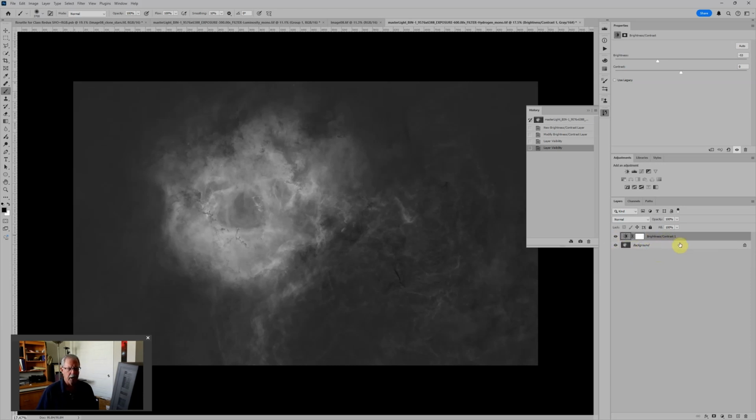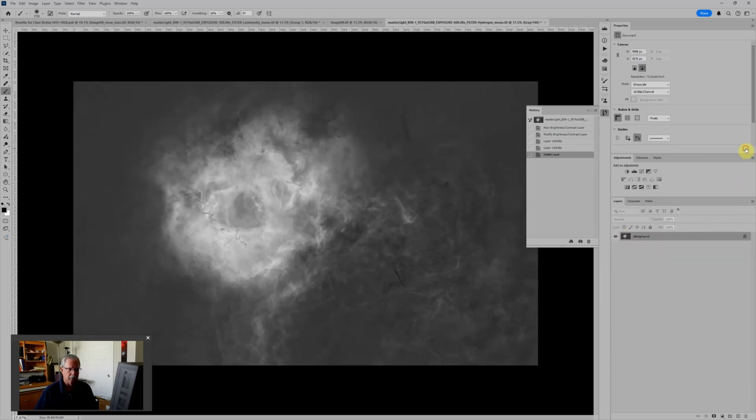Now, brightness contrast is easy to understand, but it's not usually the best tool for adjusting brightness and contrast because it tends to brighten and darken the whole image at once. Sometimes, especially with astro images, we may want to darken the background and yet brighten some of the midtones. So instead of brightness and contrast, I'm going to just delete this adjustment layer, and I'm going to choose a